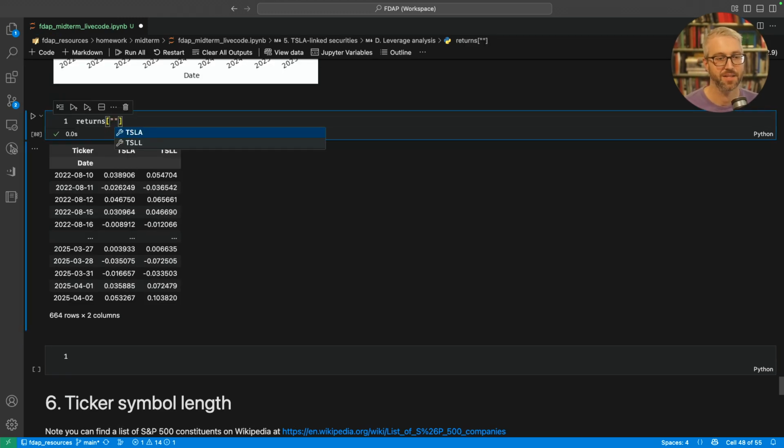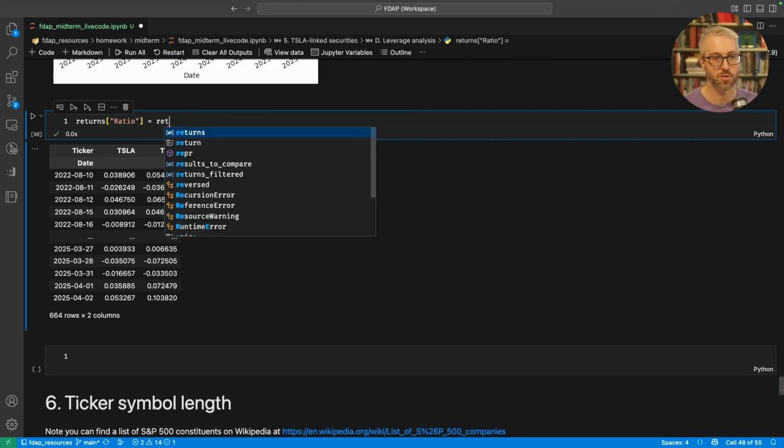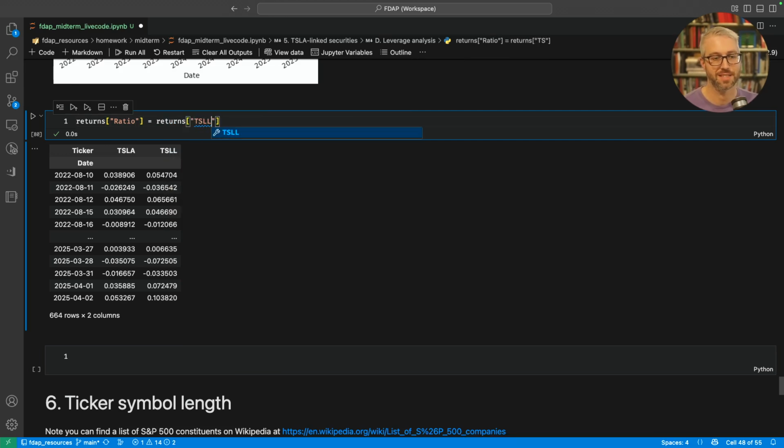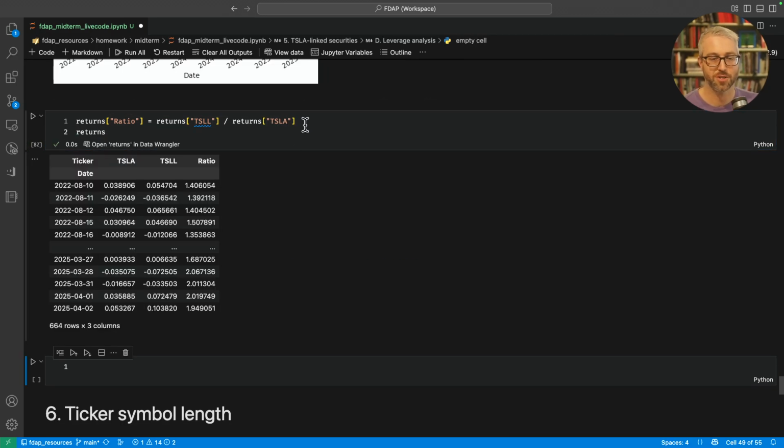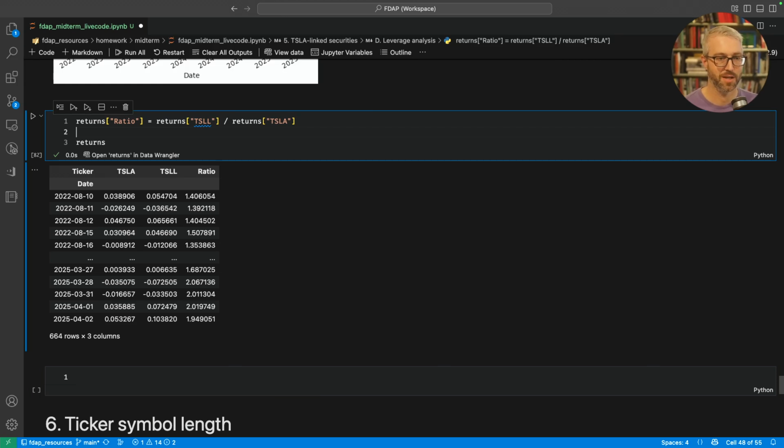We could add a ratio column equal to the returns on TSLL divided by the returns on TSLA. Okay, let's see how that looks. And then if I wanted to check whether this is about the very small returns, I could make small equal to an indicator for whether TSLA returns